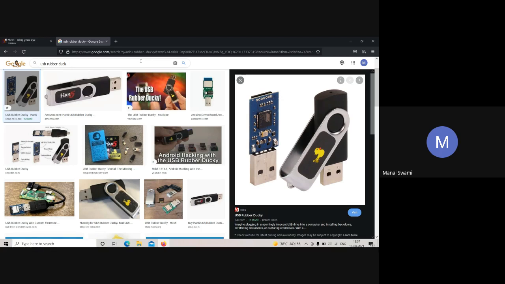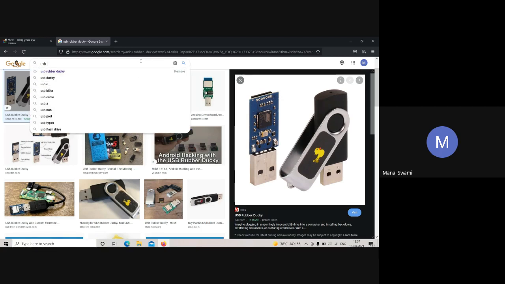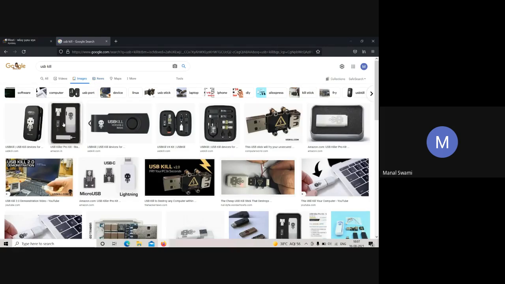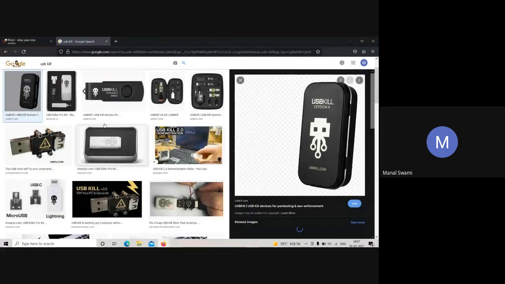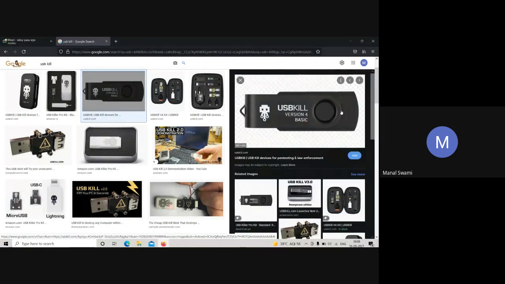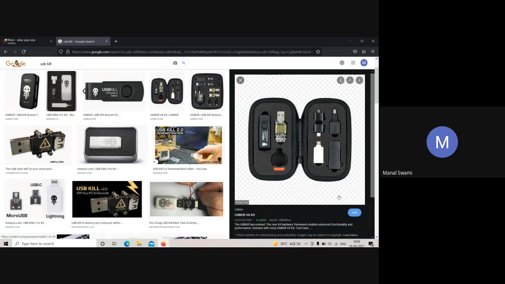Okay, other than that, another thing you can make is USB Kill. See, it looks something like this. Okay, it is the whole kit which you get. It is a pen drive in it. Okay, and this is what the kit looks like. What USB Kill is, it is a very powerful hacking device.